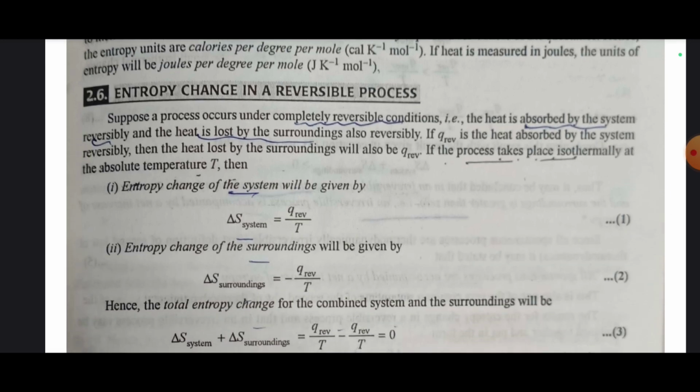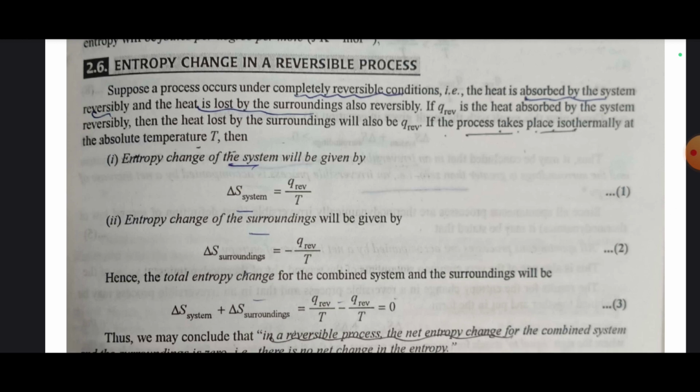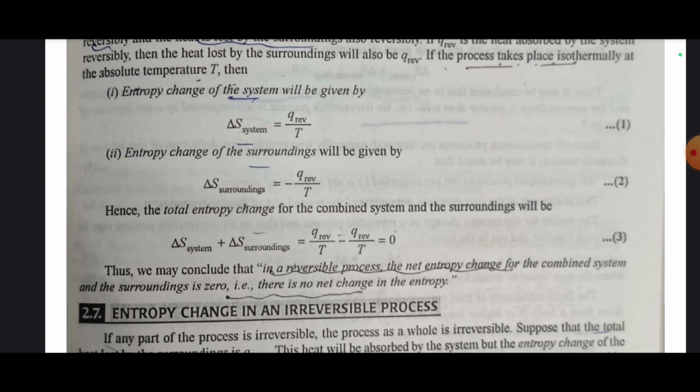2.6 Entropy change in a reversible process. Suppose a process occurs under completely reversible conditions, that is, the heat is absorbed by the system reversibly and the heat is lost by the surrounding also reversibly. If Q reversible is the heat absorbed by the system reversibly, then the heat lost by the surrounding will also be Q reversible. If the process takes place isothermally at the absolute temperature T, then the entropy change of the system will be given as delta S system is equal to Q reversible by T, which is equation 1,